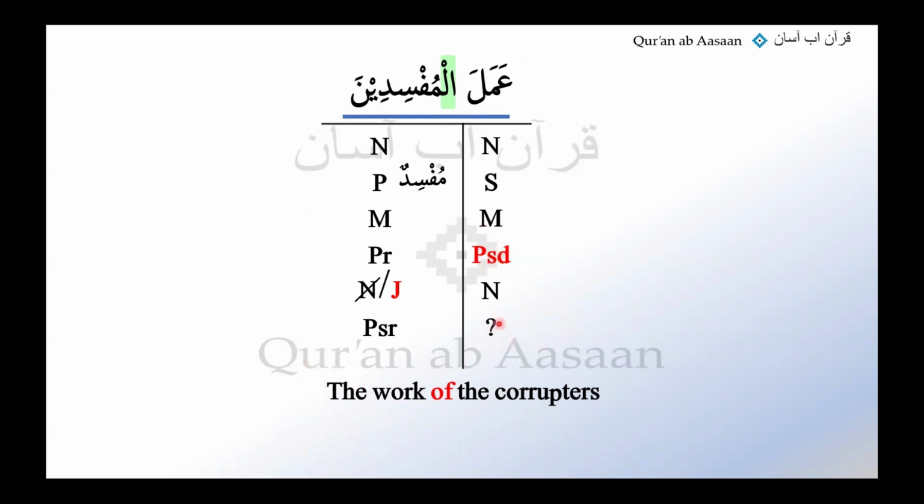For this question mark, the only way we can determine the reason why the case sign of a noun is what it is, is to look back. There is nothing to look back at here. So that is why we still have the question mark. Inshallah, when we get to that point, we'll know how to solve this, okay? We have reached here, Alhamdulillah. We'll go past this point as well. We'll solve this as well, inshallah.